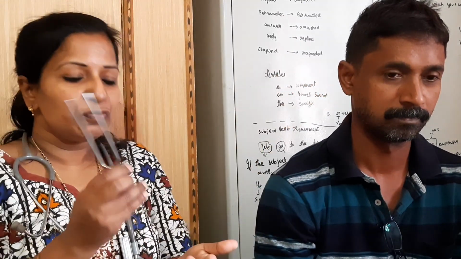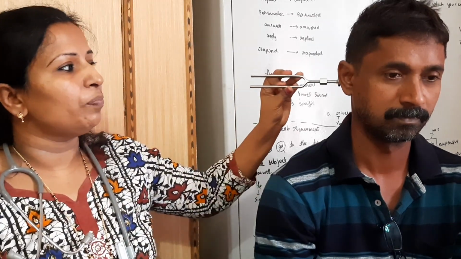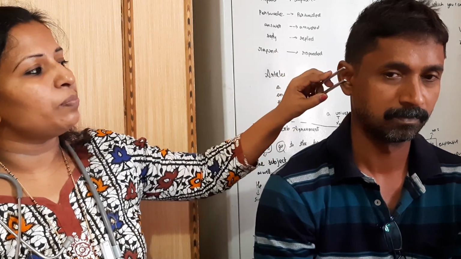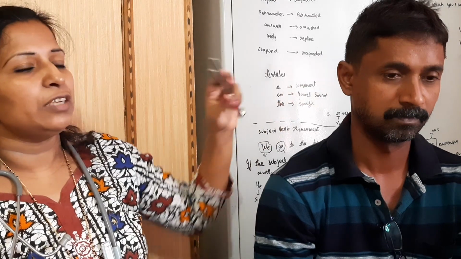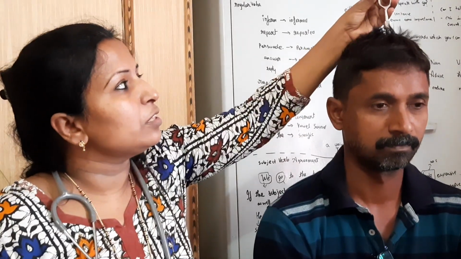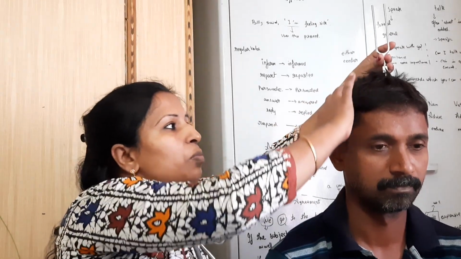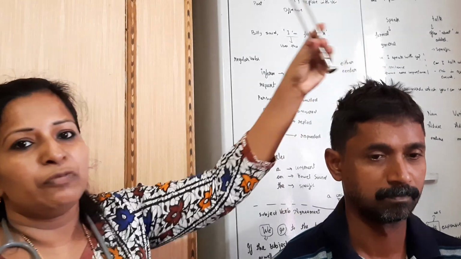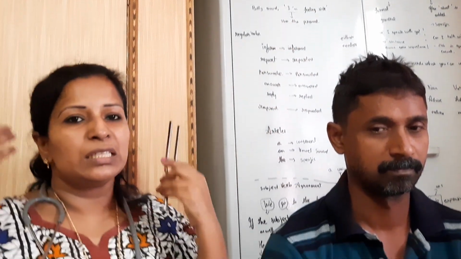So that is called the Rinne test. You strike the tuning fork and keep it on the mastoid bone. After the patient stops hearing it, you ask the patient to listen to it by air conduction, and then you compare. In the Weber's test, you strike it and hold it on the middle part of the head and ask the patient. This is bone conduction, so the sound will vibrate equally on both sides. If it vibrates on both sides and the patient can hear the sound equally, then the Weber's test is positive.